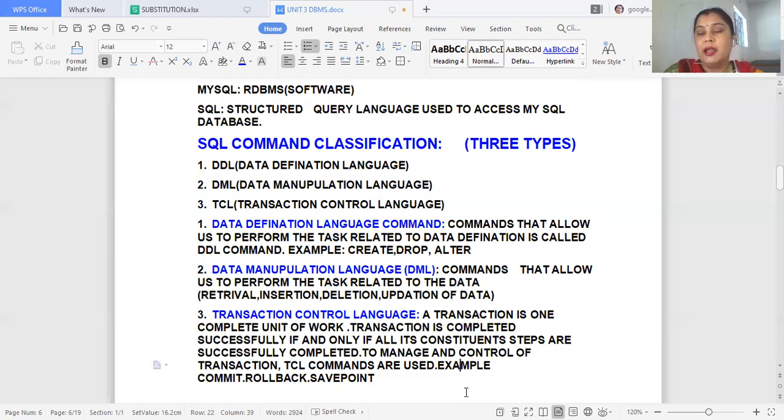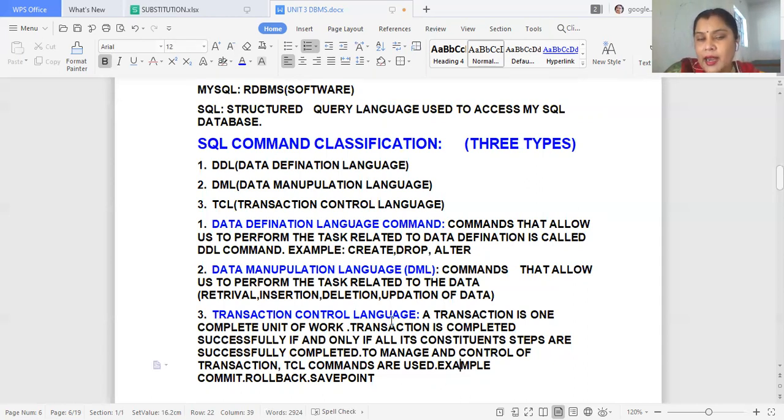These commands are inserting data into a table, deleting data from the table, updating data in the table, and retrieving data from the table. That is Data Manipulation Language commands, commands that are used to manipulate the data.